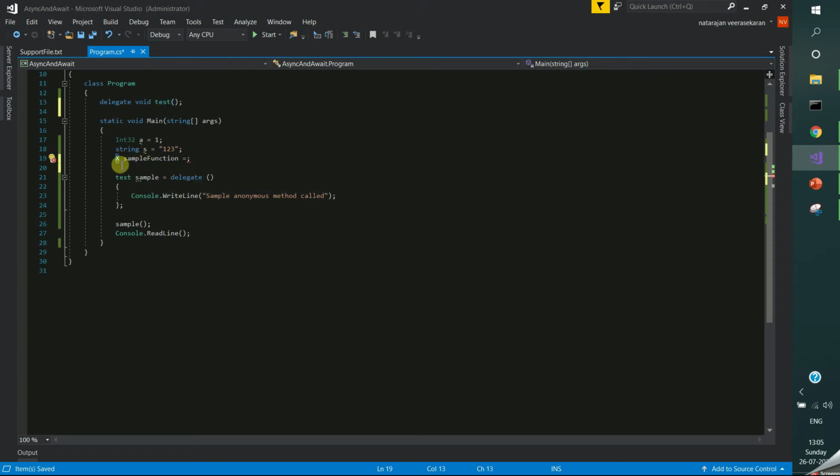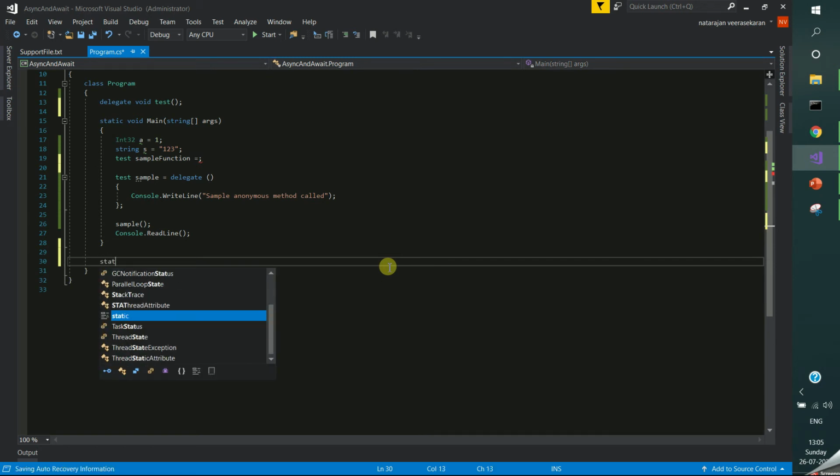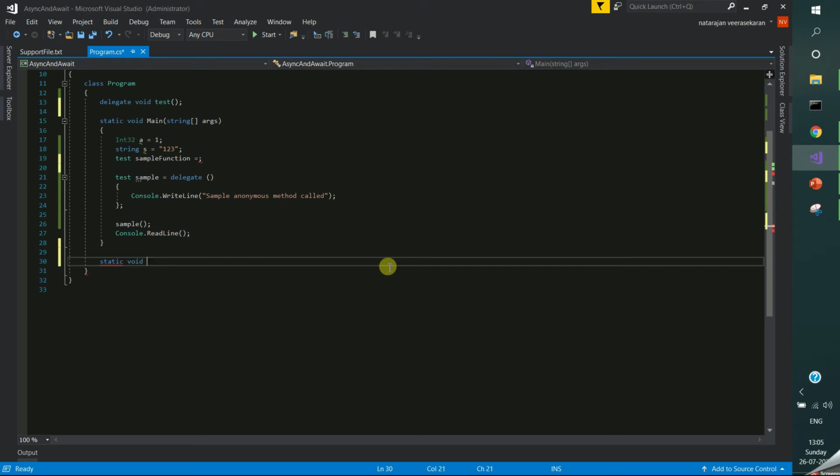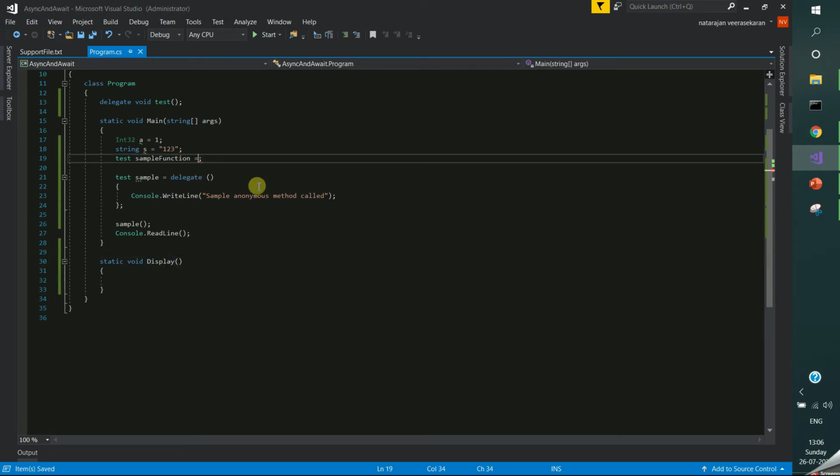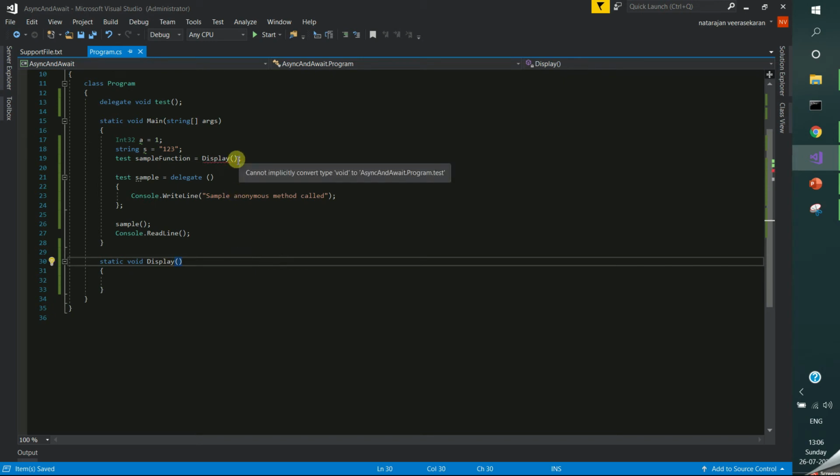So I am having one function with the same structure, static void display. This function I can assign here. Here you should not assign like this.